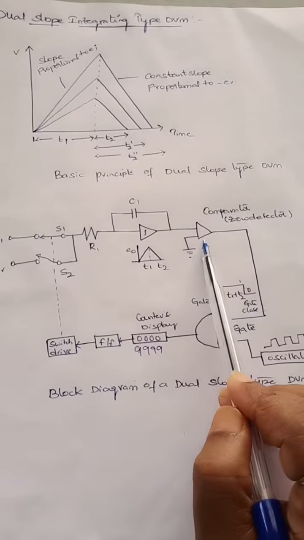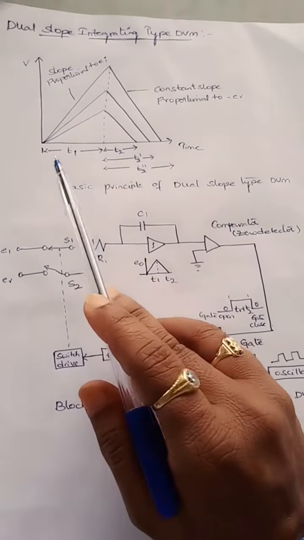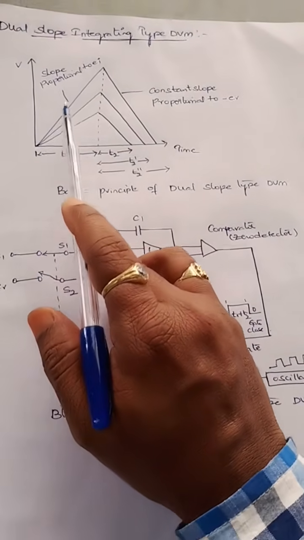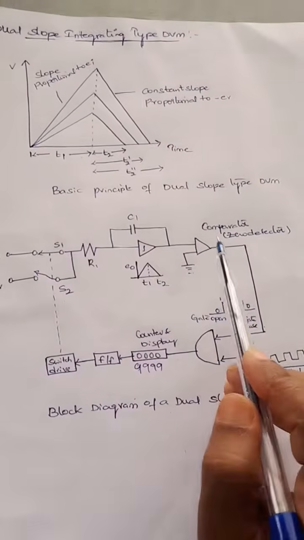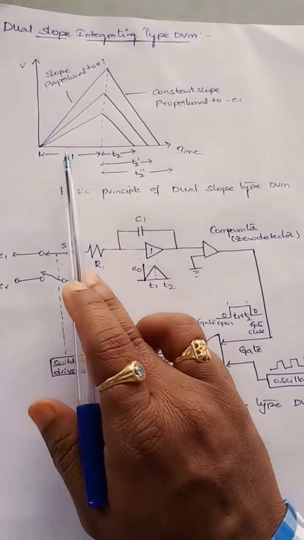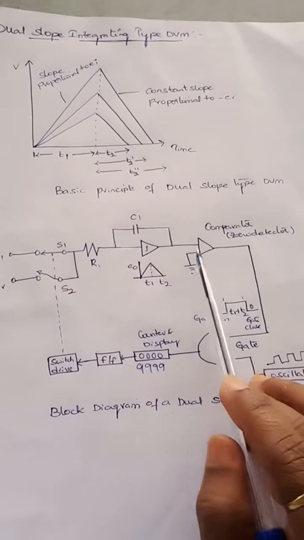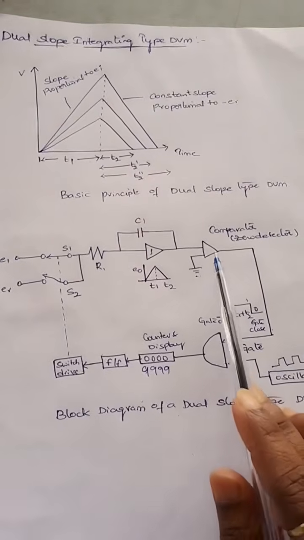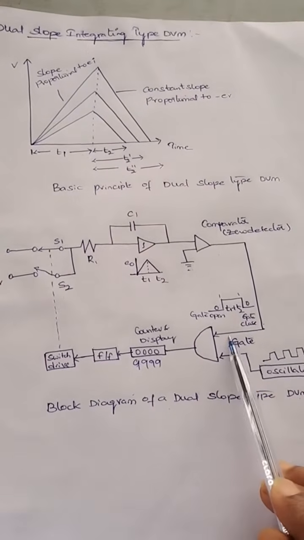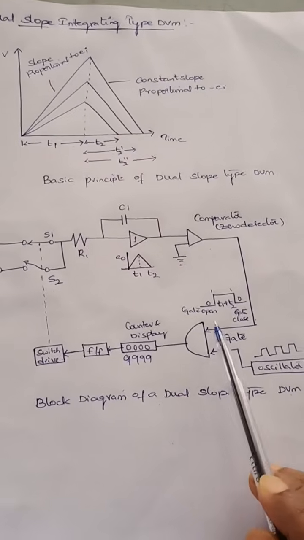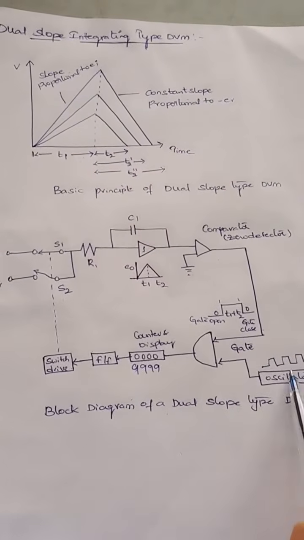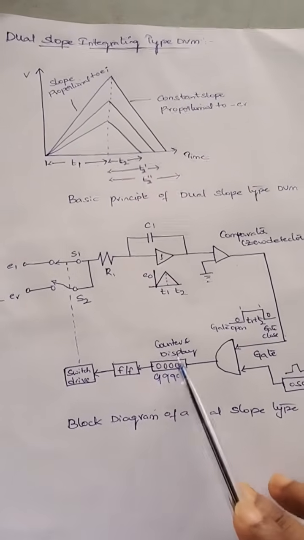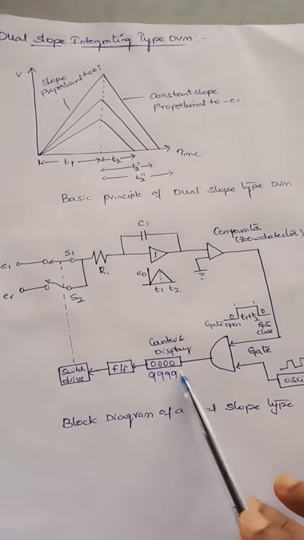What does this zero detector do? It checks whether the ramp signal is crossing zero or not. The ramp starts from the zero position and increases linearly. The zero detector detects the zero point of the ramp signal, gets activated, and sends a signal to the gate that the gate has to be opened. As soon as the gate is opened the pulses are sent through the gate and the counter shows the display. The maximum count of the counter display will be 9999.